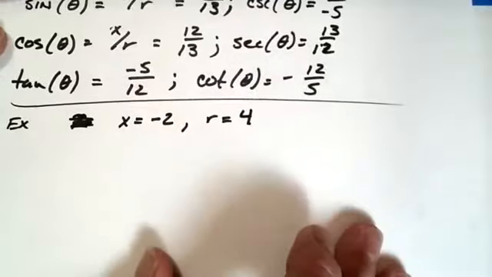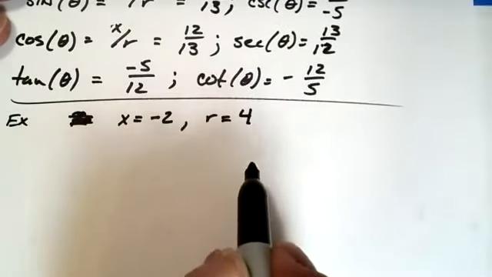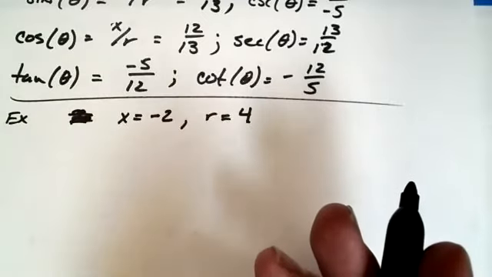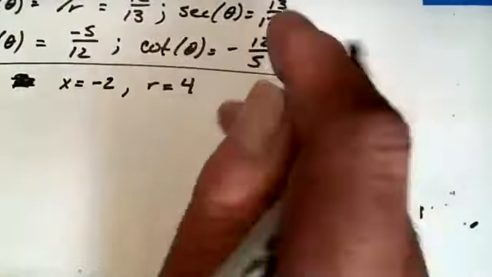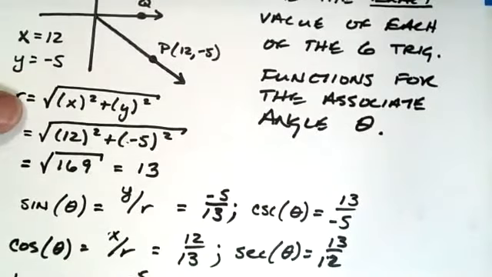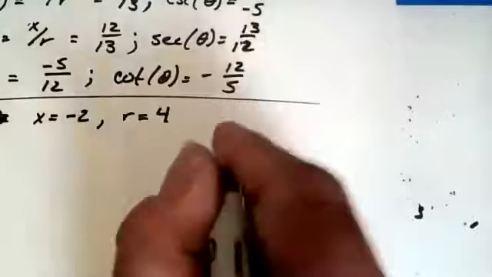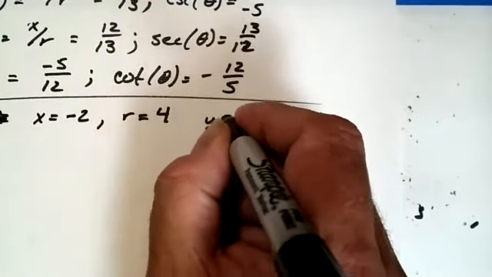Okay, so in this case, we don't have x and y, but we have x and r, which means we should be able to find y. Note that this same formula could be used to solve for y if you had x and r, and it would look like this. You'd have y equal to,